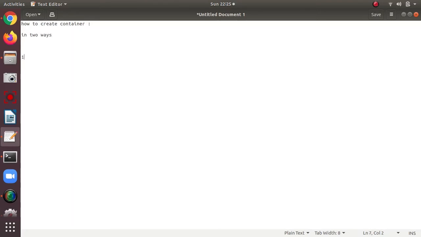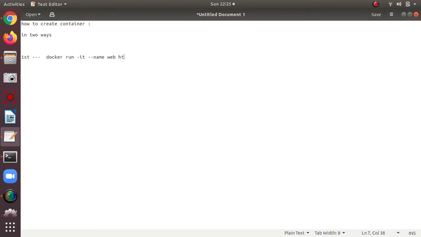We will talk about the first way, and the same I will apply on the server. The first way is docker run -it, then --name, the container name, I will take web, and lastly the image name.